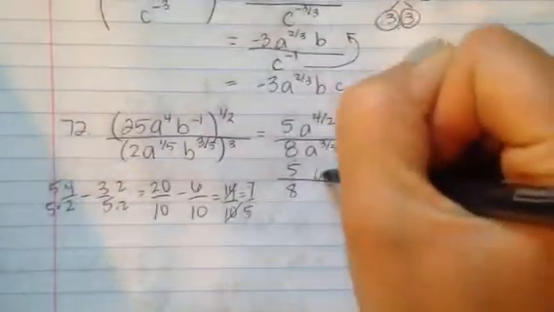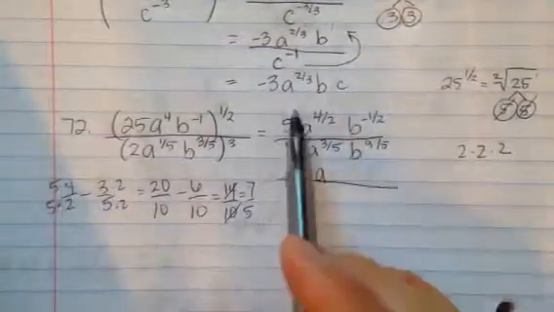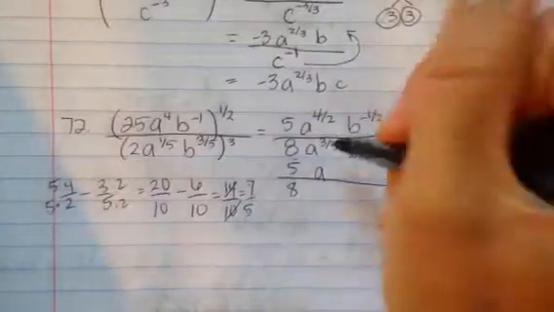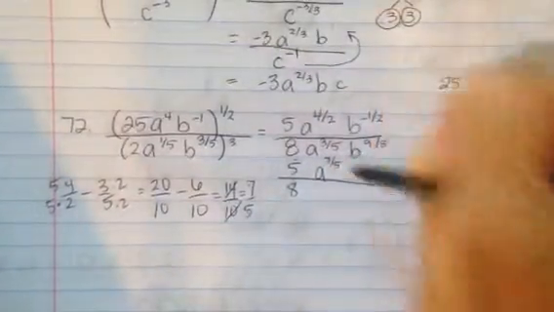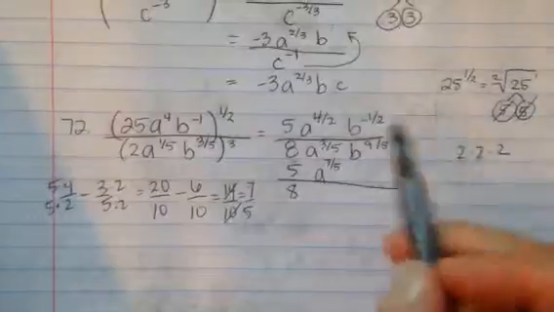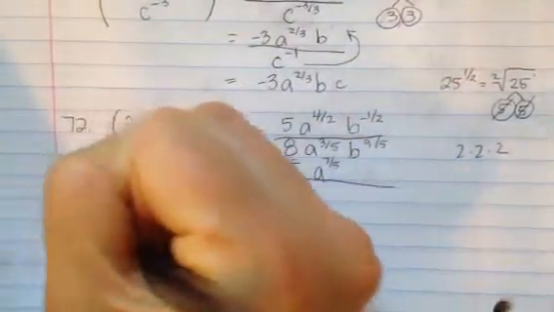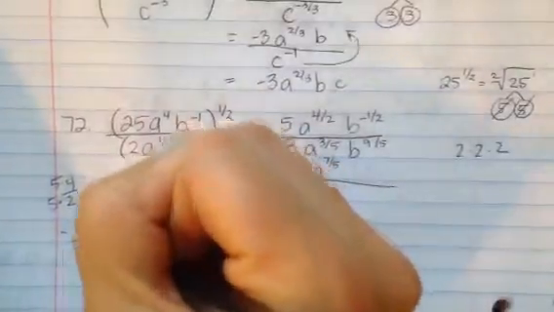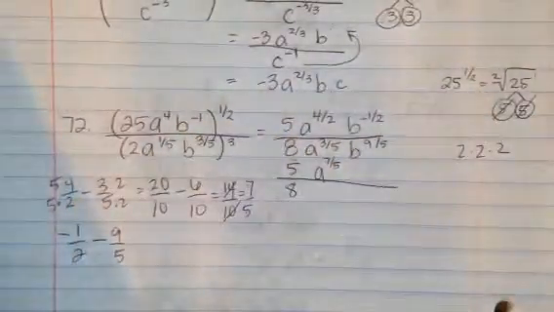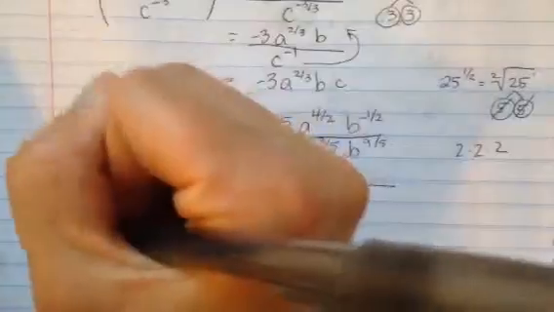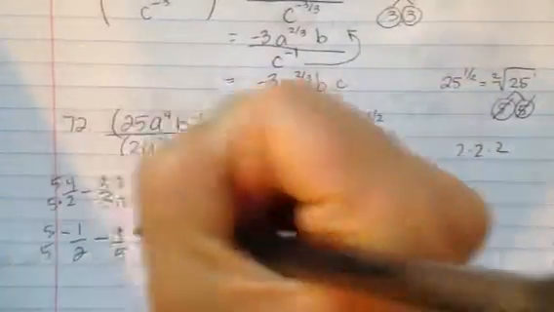Okay, so we're going to have a to the, we did the top minus the bottom, so it's going to go on top. To the 7/5. Okay, and then let's do -1/2 minus the bottom, which was 9/5. Okay, so again, same denominator, so we're going to multiply this by 5 and this by 2. So we're going to have